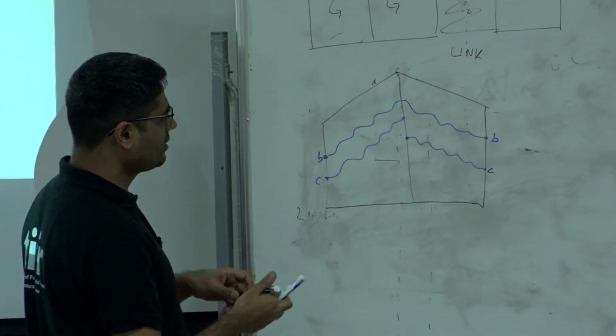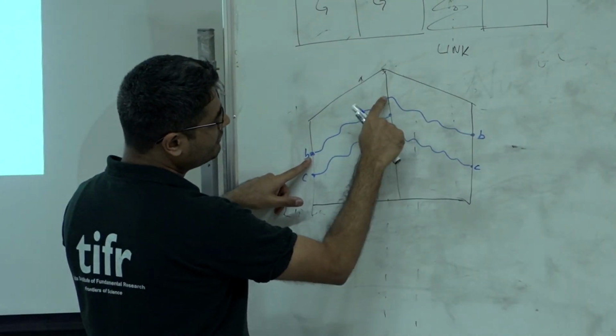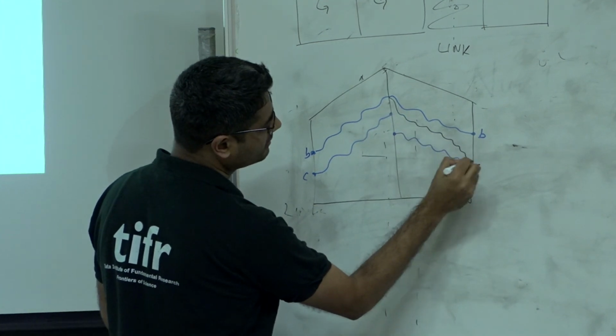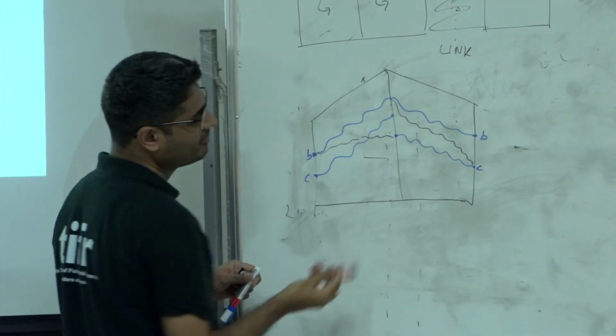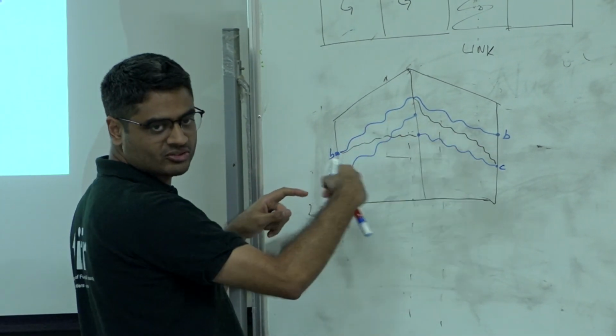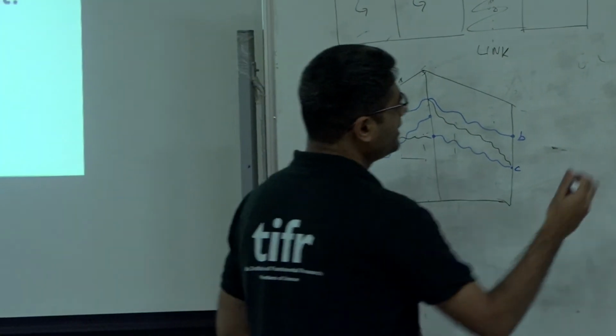Now, note that whatever optimal path, suppose it started at B and ended up at C. If it went through this vertex, then it must have taken a non-optimal path here, right? And if it went through this vertex, it must have taken a non-optimal path here, which is not possible. Hence, the optimal path is still a reflection of the original path, okay? And the second property is that